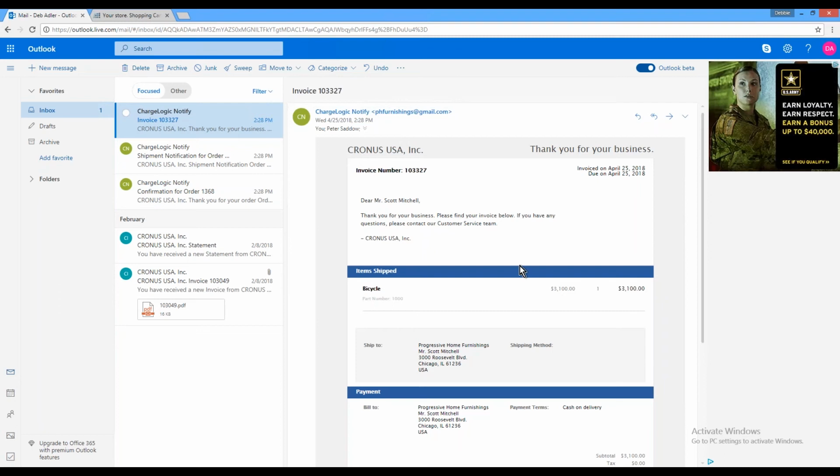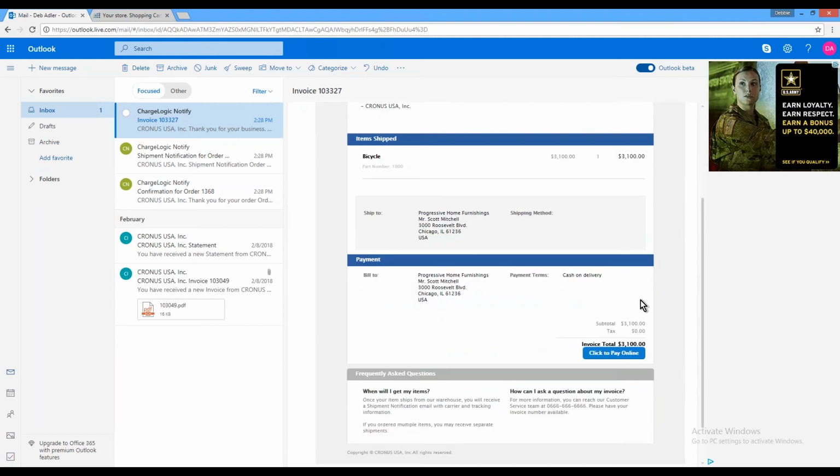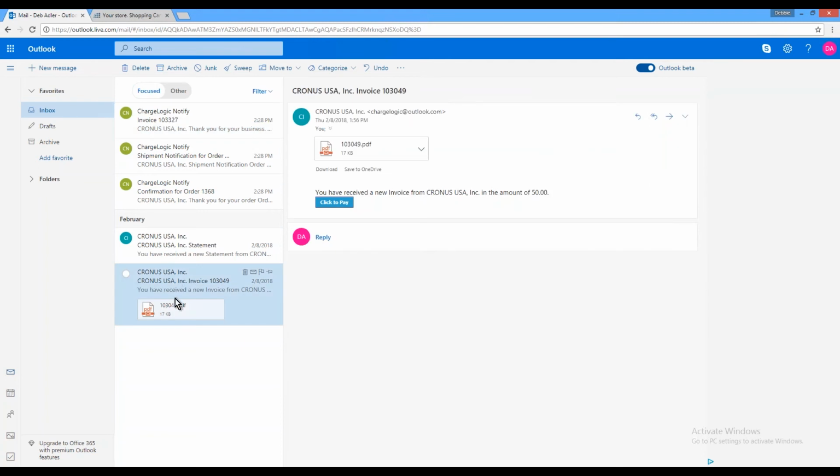When you post the shipment, it can kick off a shipment notification. Again, if you have tracking information from your system, if you're using Chargelogic Shipping, and other shipping solutions as well, you can plug that tracking number into this template. But what we're going to look at is the invoice. Again, this is the standard template that has the information about the invoice, and it has this Click to Pay